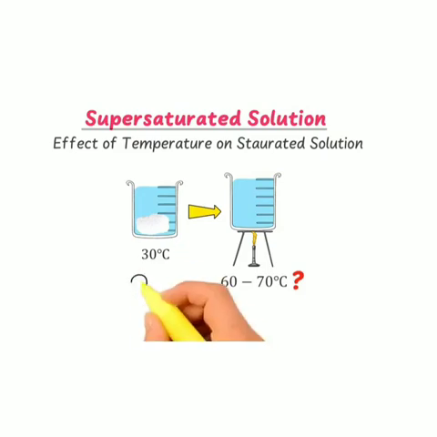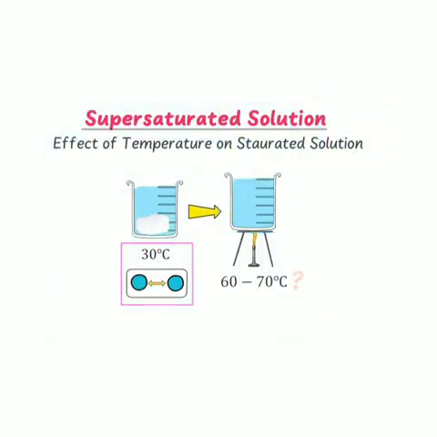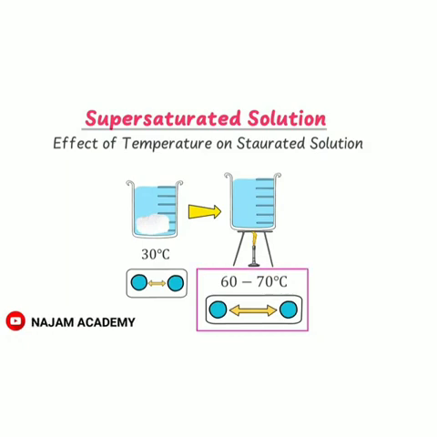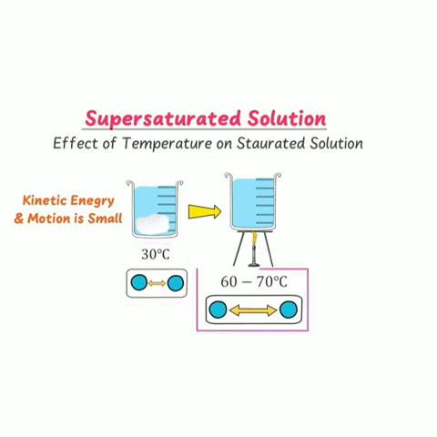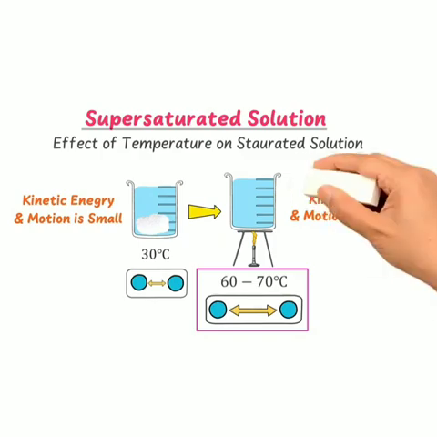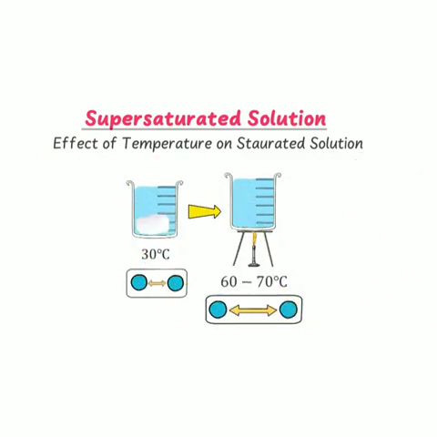तो हो रहा क्या यहाँ पर देखिए, जब 30 डिग्री सेंटीग्रेड पे रहना तो वाटर और सॉल्ट का डिस्टेंस बहुत कम रह रहा, ओके. जब हम हीट कर रहे हैं तो वाटर और सॉल्ट का डिस्टेंस क्या हो रहा? बढ़ जा रहा, ओके. There is a much greater gap and distance between water and salt, understand? So the kinetic energy and motion is small in this, and the gap between the water and salt is small. At 30 degrees centigrade the energy and motion is small, at 60 to 70 degrees centigrade the kinetic energy and motion is maximum.